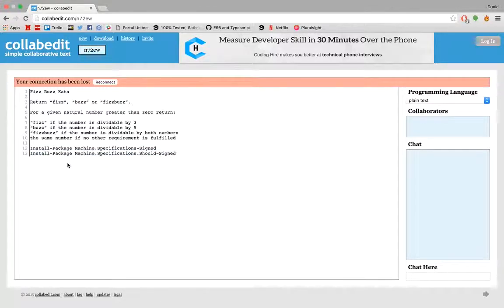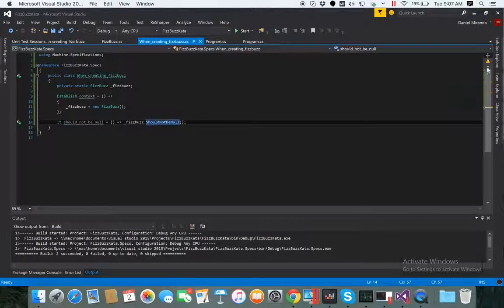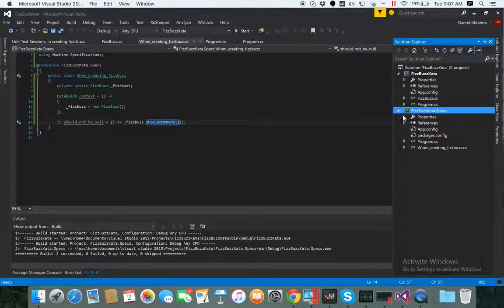If we go back to the rules, I think that the rule is pretty simple. If the number is divisible by 3, we return Fizz. So I'm going to create a simple case,